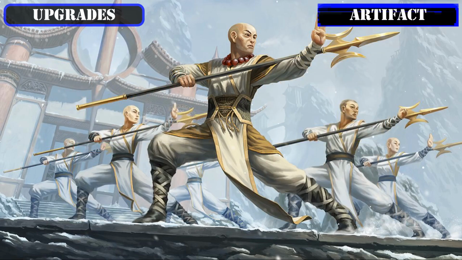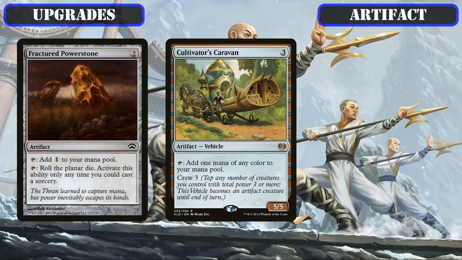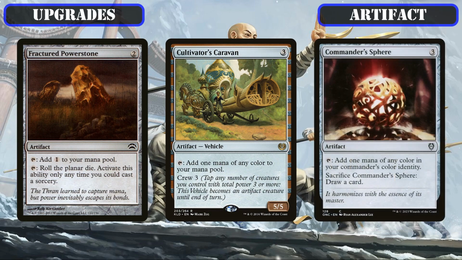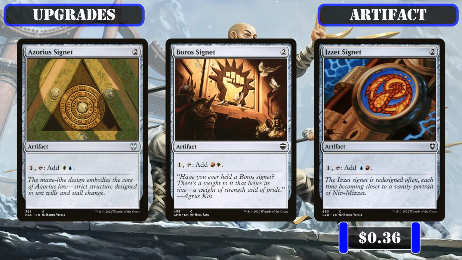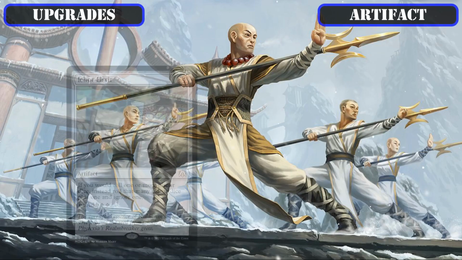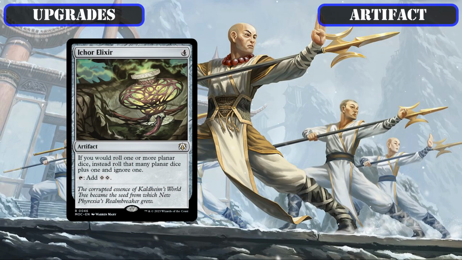Then reaching our artifact upgrades, we'll almost exclusively be using this category to further improve our ramp package, with the slower Mana Rocks Fractured Power Stone, Cultivator's Caravan, and Commander Sphere being scrapped for the faster Azorius Signet, Boros Signet, and Izzet Signet for additional speed and fixing, the too expensive Rockkicker Elixir and the out-of-place instant and sorcery recurring